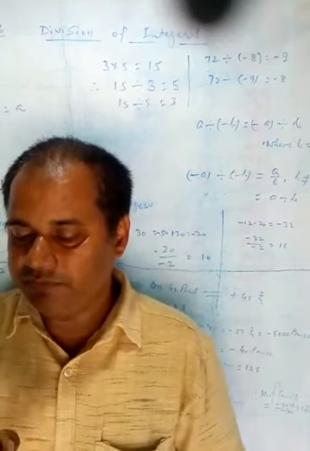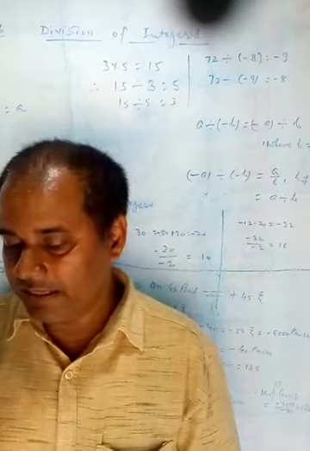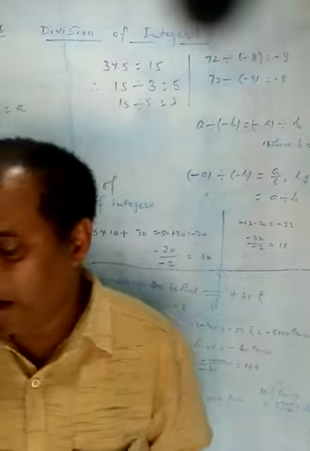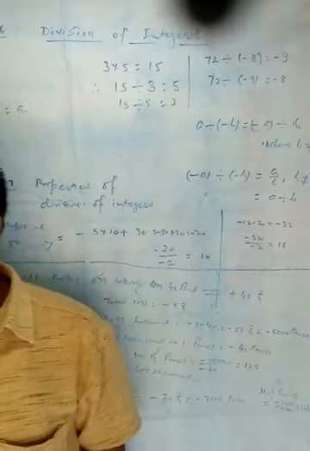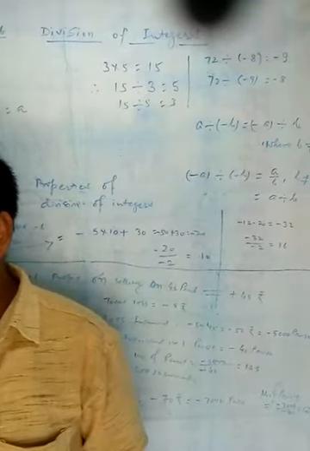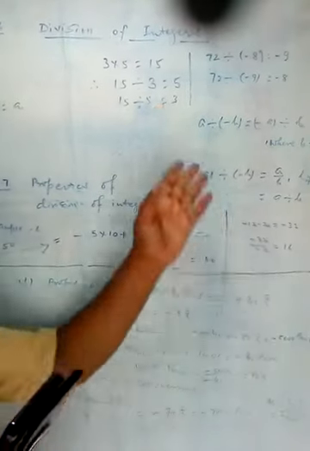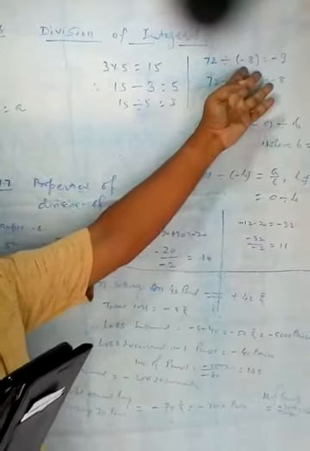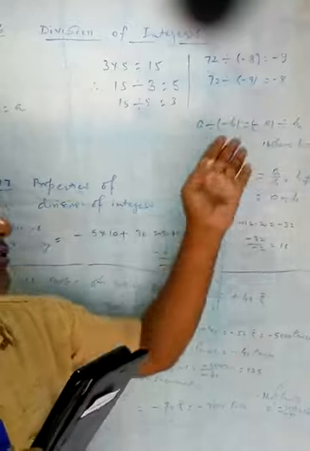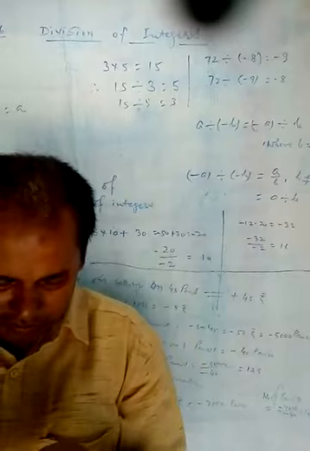Some blank space is there, you have to solve it. From the above we observe that minus 12 divided by 2 is equal to minus 6, minus 20 divided by 5 is equal to minus 4, minus 32 divided by 4 is equal to minus 8, minus 45 divided by 5 is equal to minus 9. Here you can also see 72 divided by minus 8 is equal to minus 9. 72 divided by minus 9 is equal to minus 8. Now try this. There are two questions to find out.